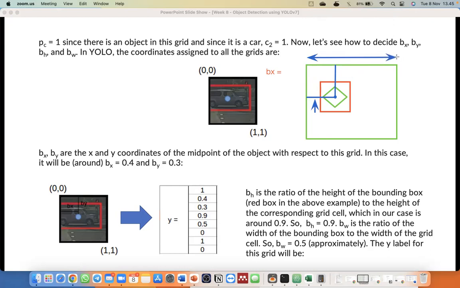So actually it is the ratio between the position of the midpoint and the position of the top line. What about the Py? This is the Px and this is the Py.